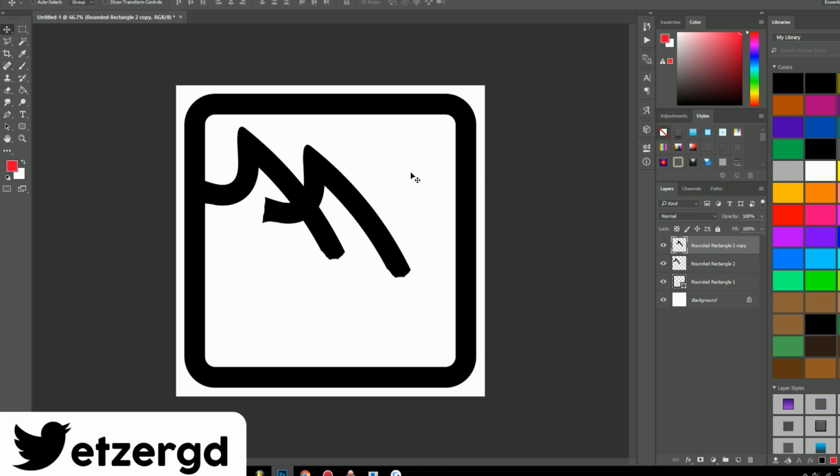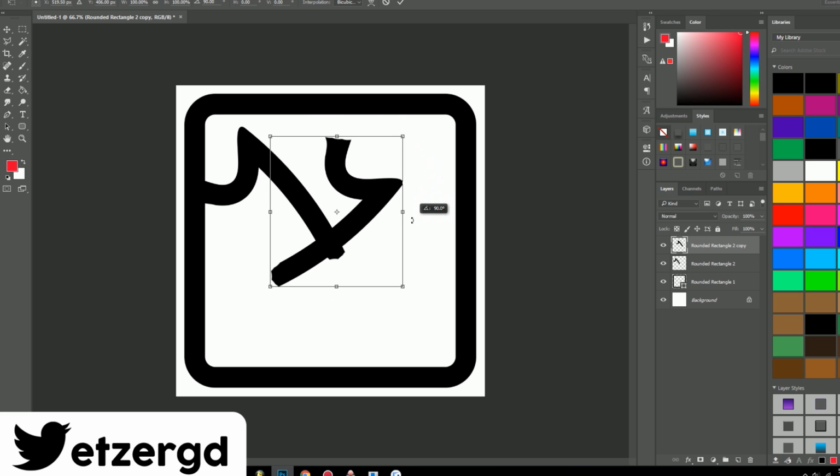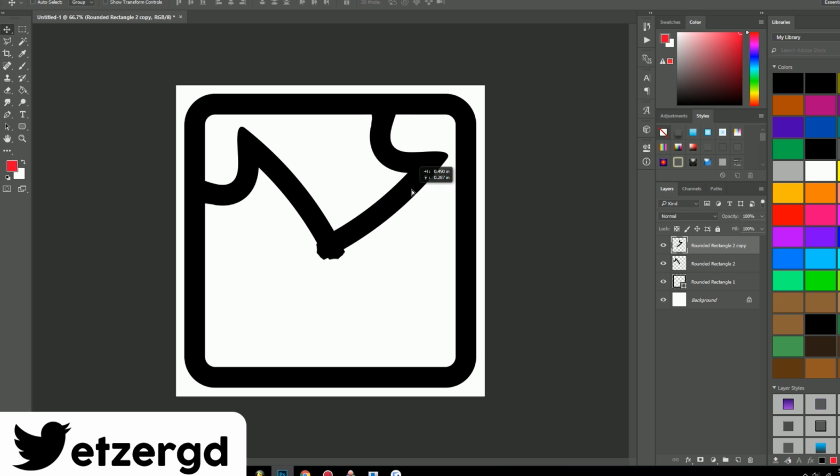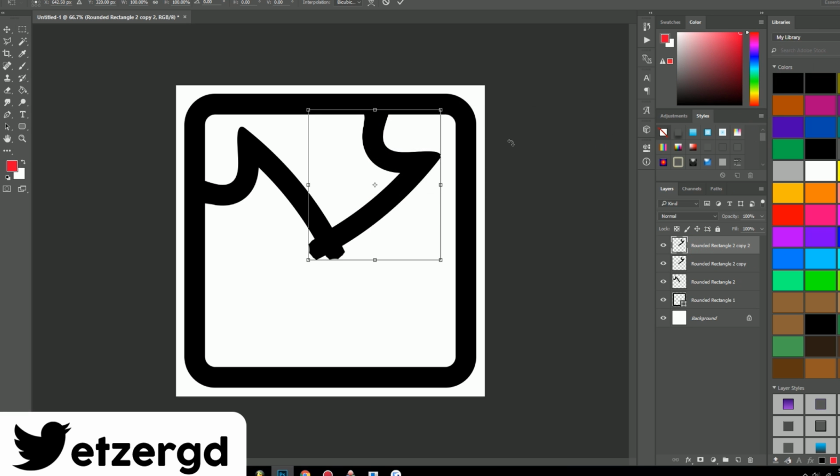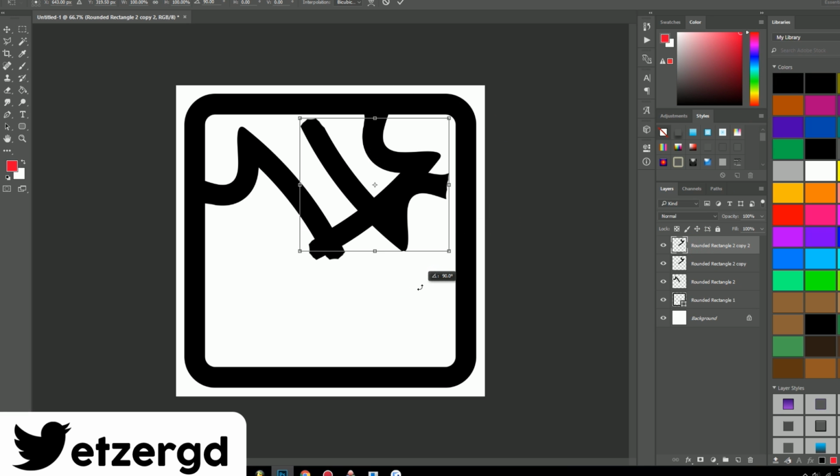We're going to click Control T again for our free transform tool, and we're going to click the rotate, and we're going to rotate this until it's 90 degrees, and then click enter. I'm going to move this about till it's accurate. That looks about similar to the other one. Then I'm going to duplicate again, rotate 90 degrees, move it down about where I need it to be,